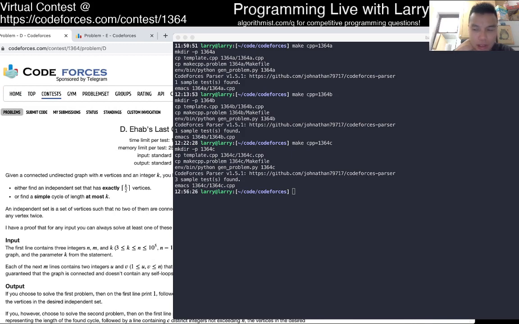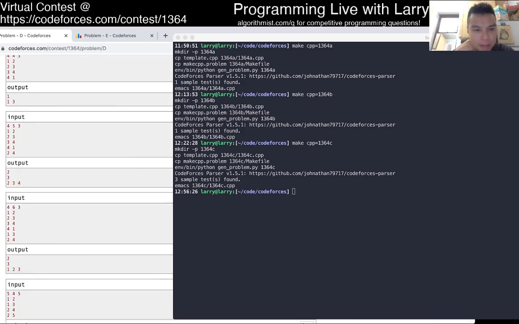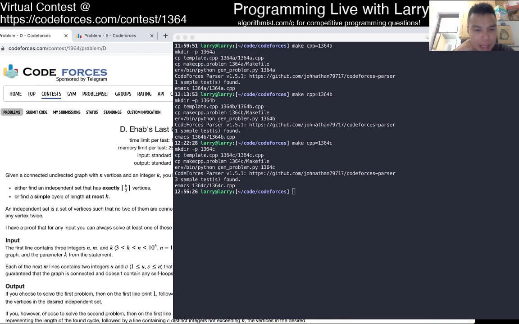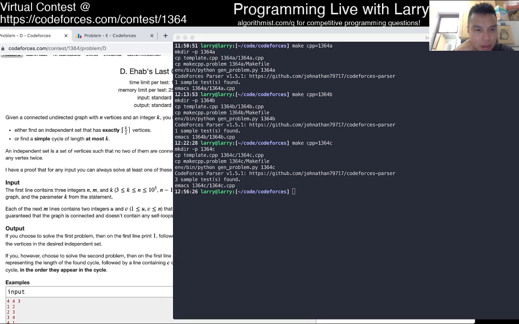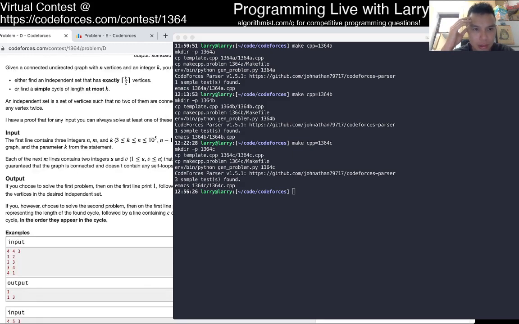So if k is 1, then it's trivially true. If k is 2, that's also trivially true. If k is 3, well, it's trivially true to detect. Now, for k from 0 to 2, it's also true for all cases, right?